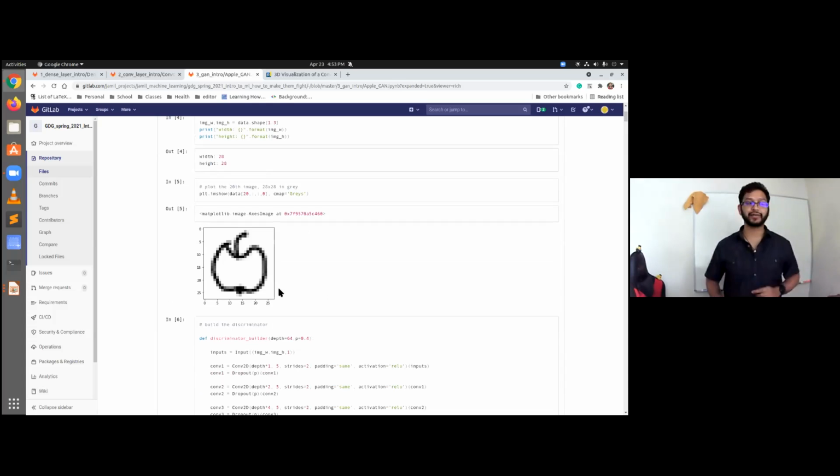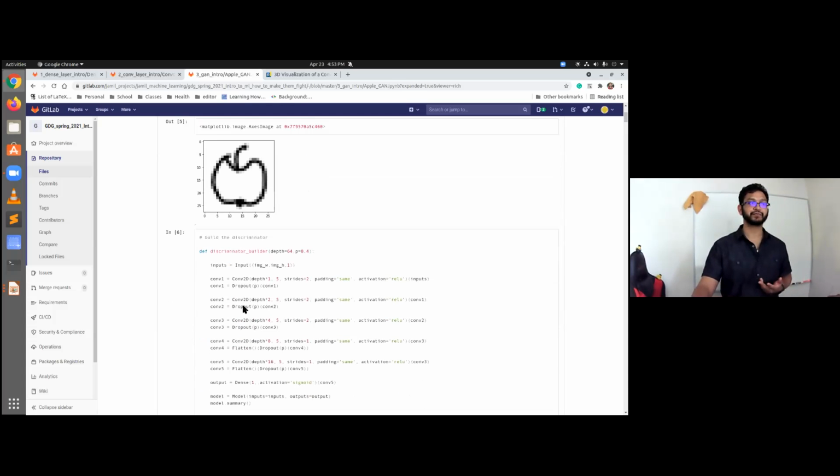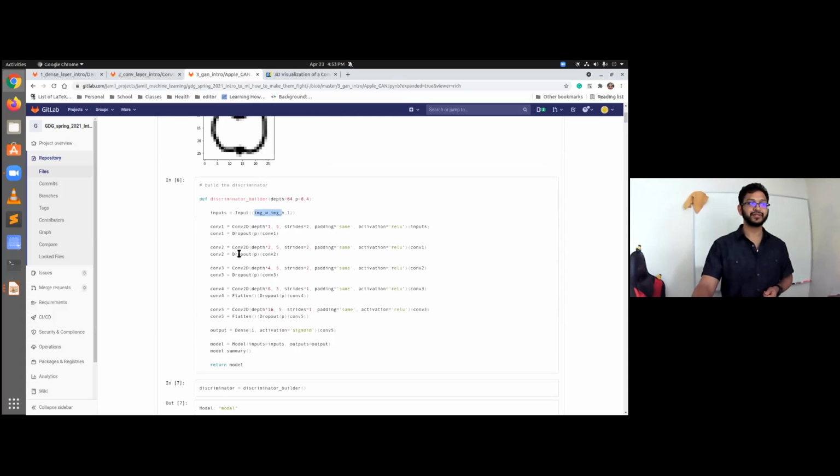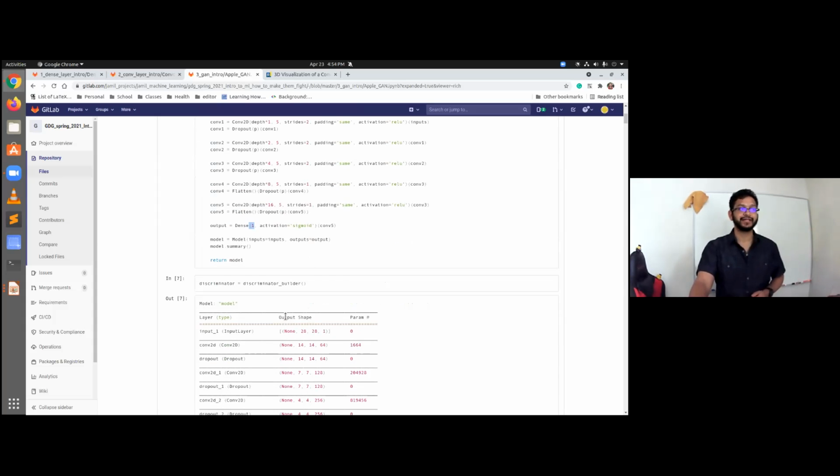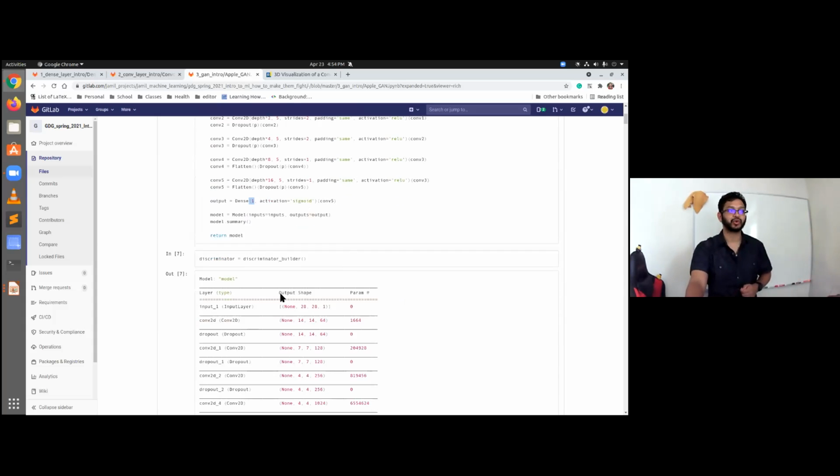So now let's build myself, the discriminator. We take our input, which is 28 by 28, and then we have our normal classifier, which we talked about before, which is some convolutional layers and a flatten layer. To prevent overfitting, I tossed in a dropout layer just for fun, but feel free to play around with how you'd want to develop this yourself. And then the last layer is going to be 1, which is, yes, it's an apple, or no, it's not an apple. Now let's build the generator. So we're going to build the forger.